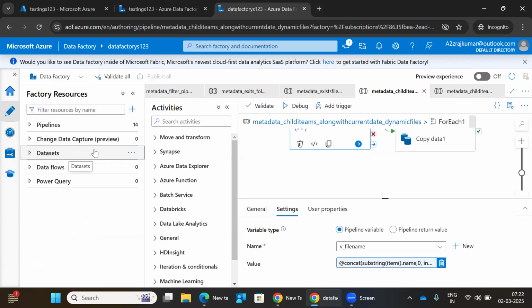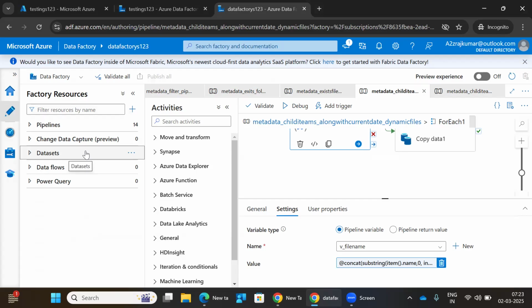Okay. As of now, I only remember two IRs. One is integration IR. That is basically if you want to do the pipeline from the Azure cloud, like if the data is in cloud and we are getting the data from cloud and doing the pipelines, then we use the integration IR, and the other one is self-hosted IR,